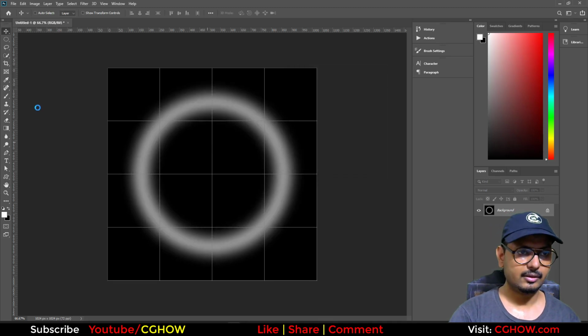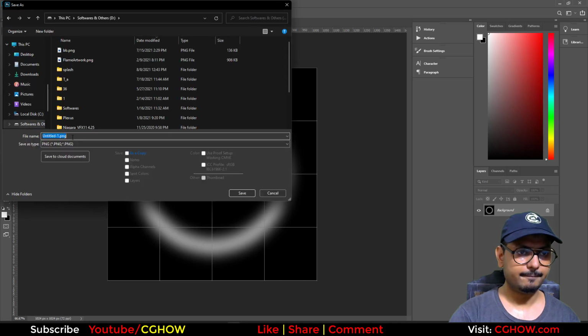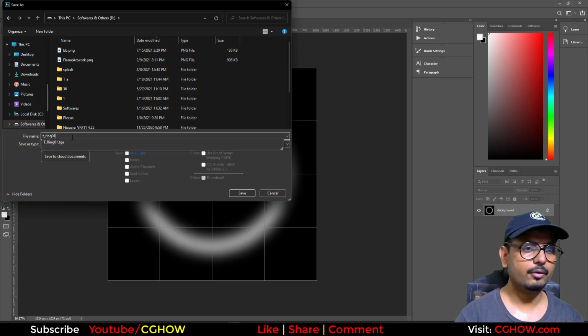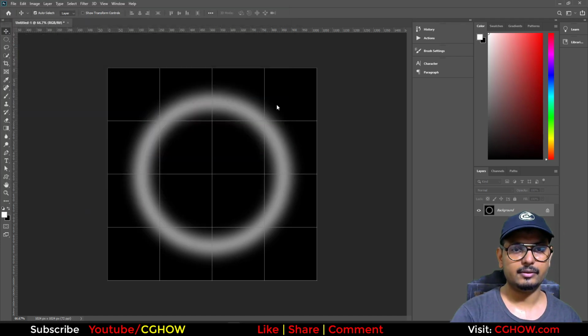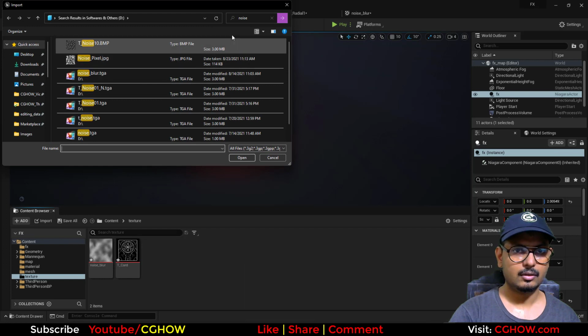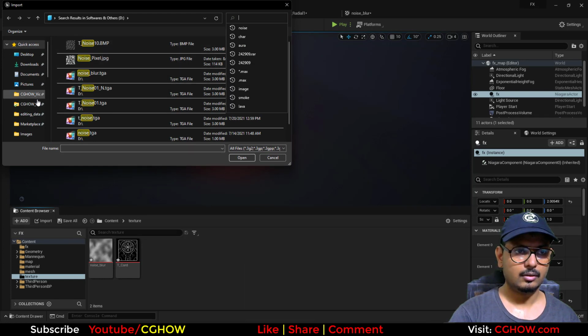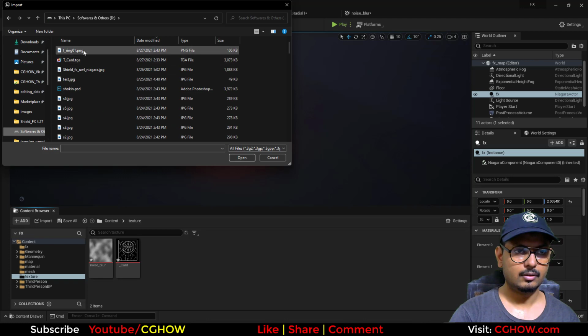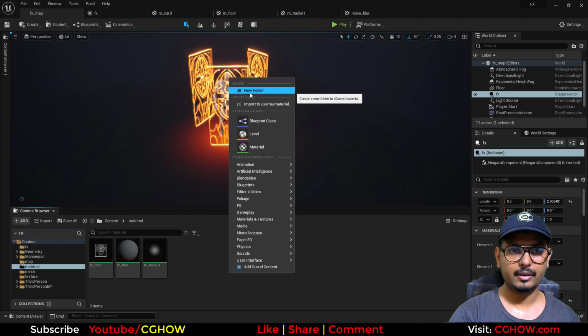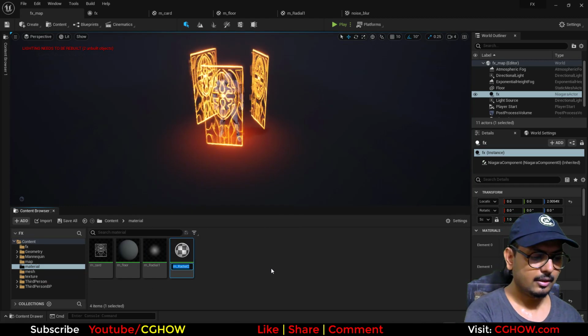I'll just save this in my D drive, DT ring 01. I have already, so let's replace this one. Oops, I just saved it as PNG. It's okay. I'll just import this here. This ring, save, and in material I'll just duplicate this radial and call it M ring,